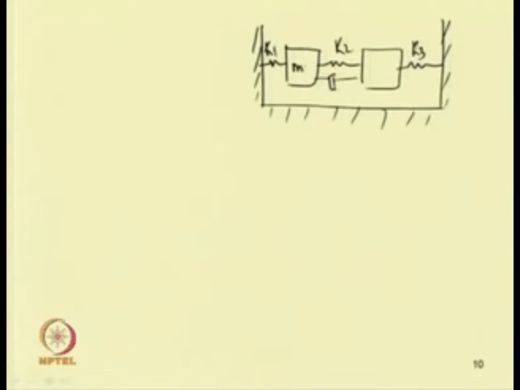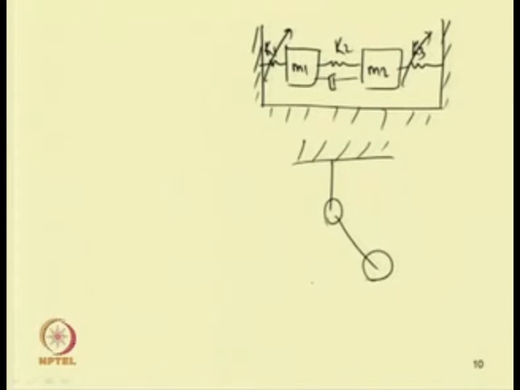So, in these systems, by considering the springs to be nonlinear, so let K 1 and K 3 be nonlinear springs, then one can find the governing nonlinear equation of motion. Similarly, one can take another example of the double pendulum. In case of the double pendulum, taking the oscillation not to be very small, then one can find a coupled equation of motion in this case.